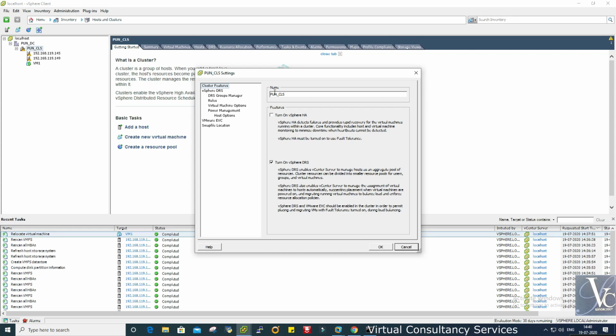Means your VMs will get unregistered from one ESXi host, it will search for a healthy host within the cluster, and that VM will get registered to that healthy ESXi host and powered on. So that is the process within vSphere HA. But only if this vSphere HA is enabled will this process happen.